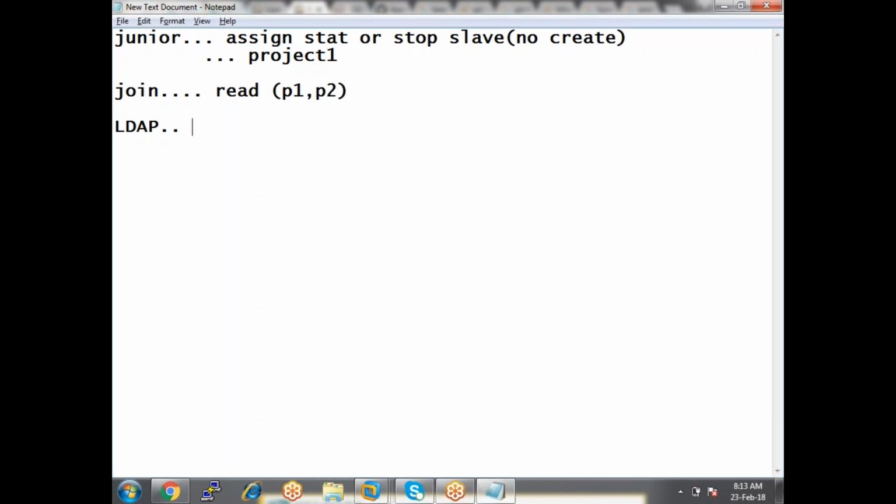So what are these LDAP servers? Anyone? For example, every organization uses some LDAP servers. What is the purpose of LDAP servers? On these LDAP servers, we maintain the entire employee information.